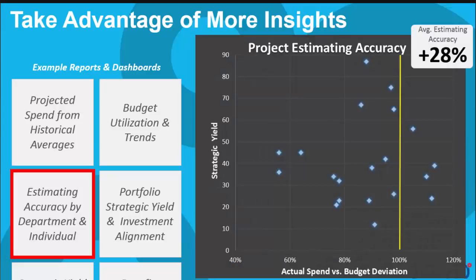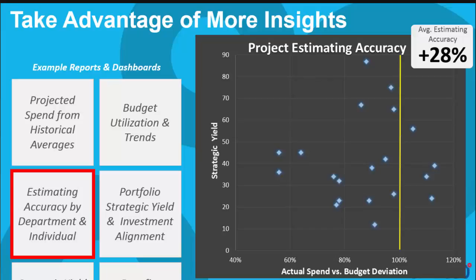Another key area is looking at estimating accuracy. Because we're able to record budgets at different stages in the project estimate, once we know the forecast cost or total cost of projects, we can start to look at overall estimating accuracy. And obviously, if your forecast equals your budget, you got 100%